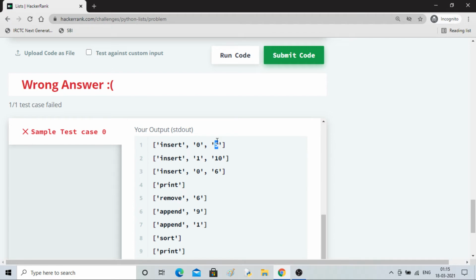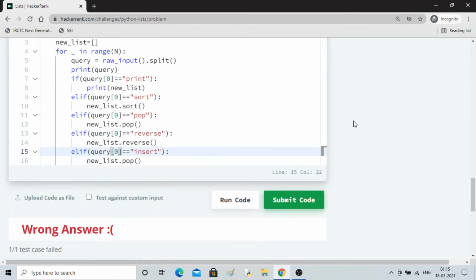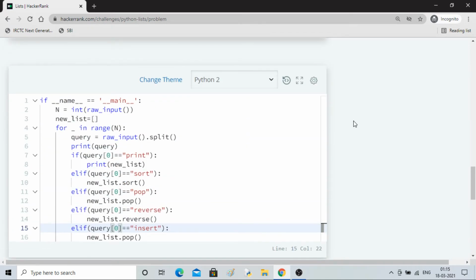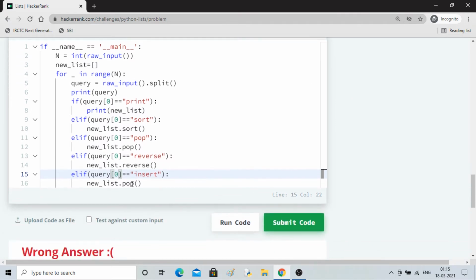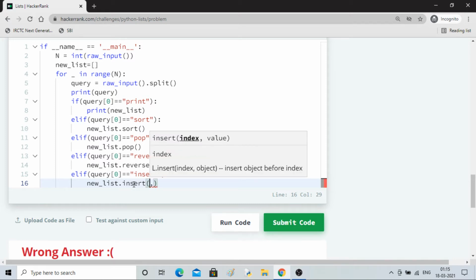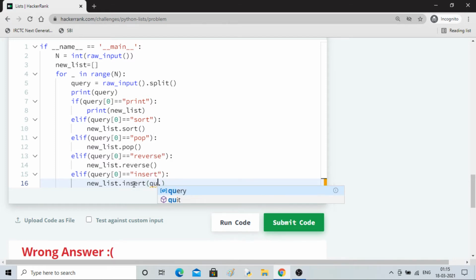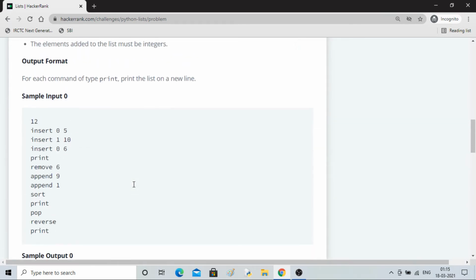Insert will insert the element. So the syntax will be, I think, insert takes 2 values: at what position and what value. One minute, I'll check.